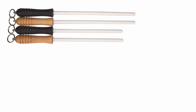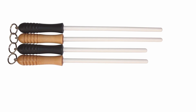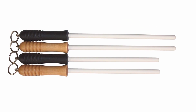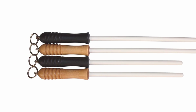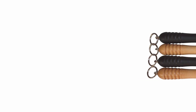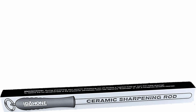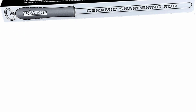They all brought the edges of both the vintage Wüsthof, which is made of relatively soft steel, and the modern Mac, which is made of hard steel, back to a keen edge. And they provided a very slight friction when honing, which made it easy to sweep the blades in smooth strokes, as you're supposed to. By contrast, the steel hones felt slick, the blade wanted to slip over instead of slide against the hone, and tended to chip hard. Modern blades